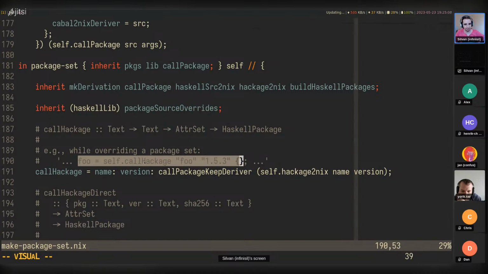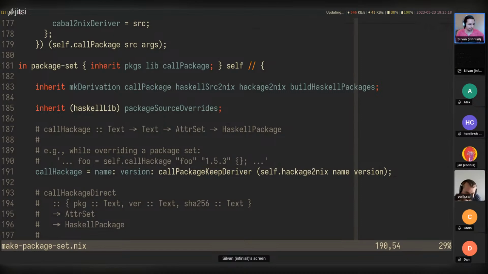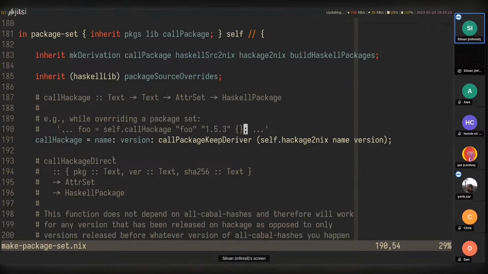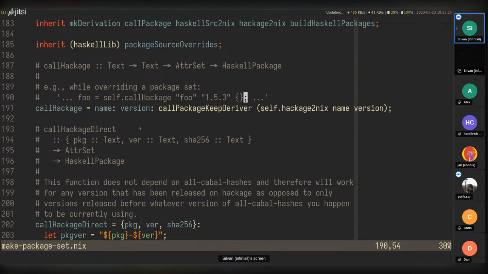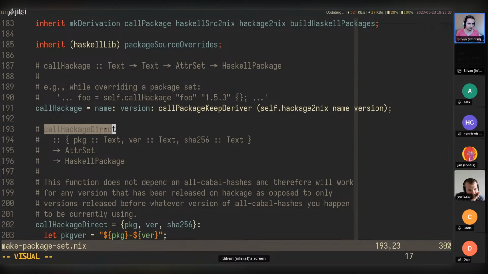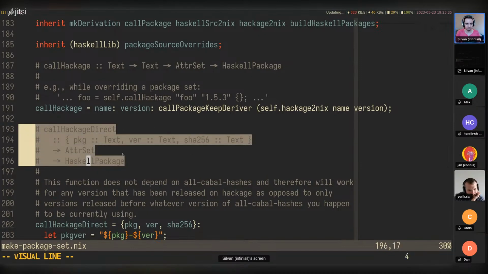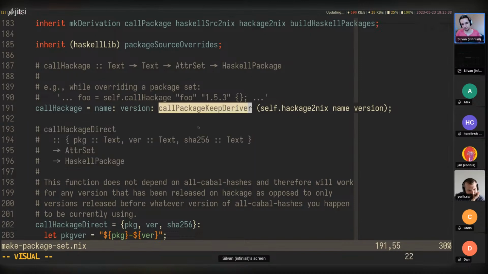There's this callHackage function in nixpkgs, which you can just pass the name of the package and the version, no hash, but it actually fetches the right package and makes it usable. And sometimes the all-cabal-hashes file is outdated, and in this case we do need a SHA-256, so this version is for that. Yeah, this is just an approach to doing things with the available resources you have.